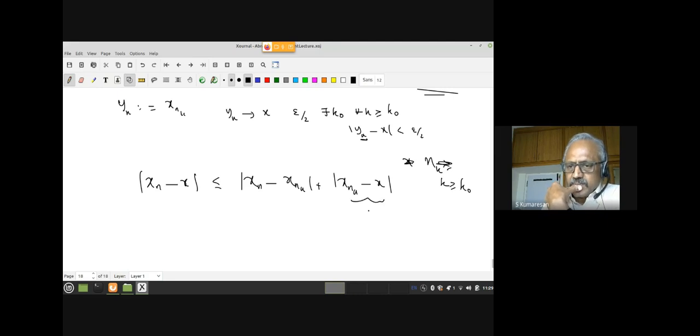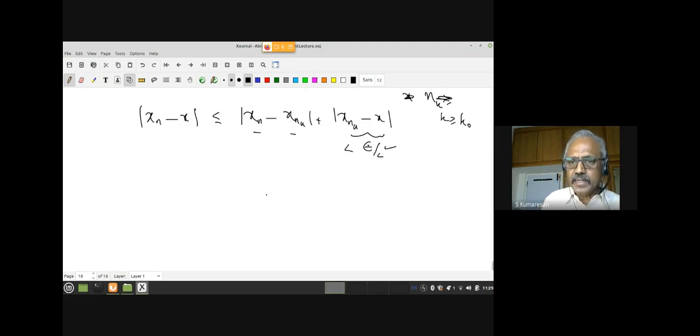Then this term is less than epsilon by 2. This is taken care of. Now I have to make sure this is less than epsilon by 2. Now for that,